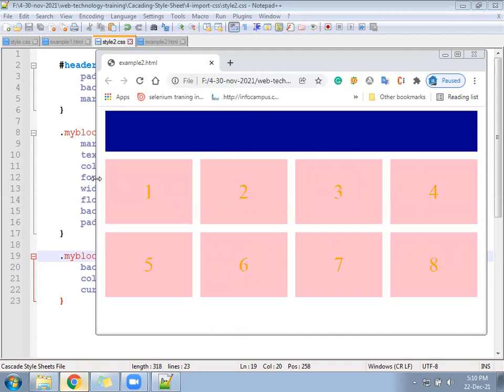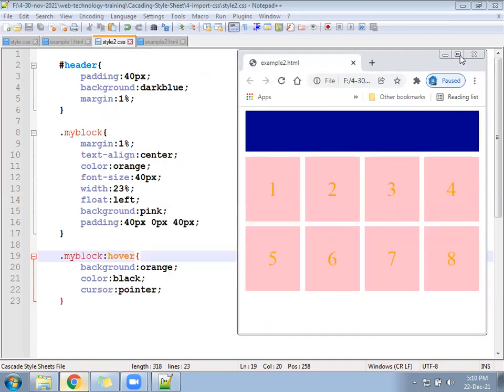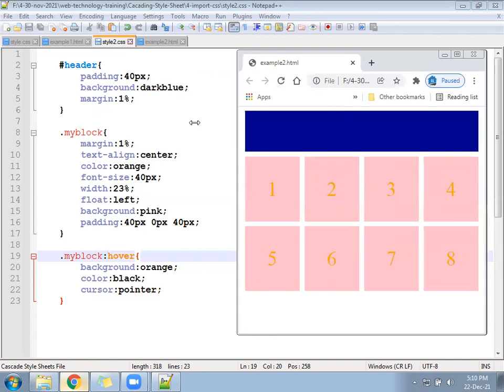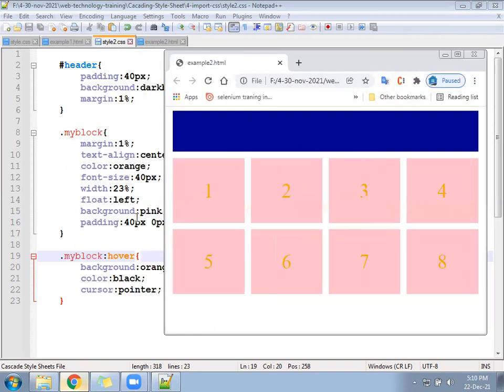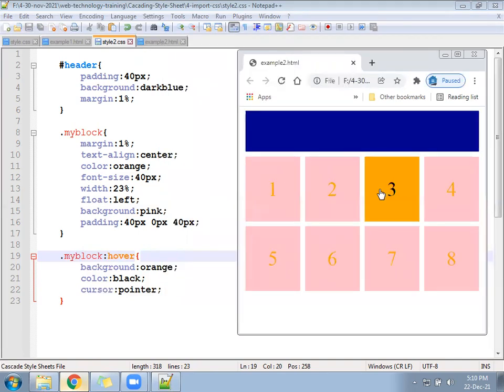So what should happen? If it is a large device like this, then 4 blocks is okay. Little small device, like little medium, up to here, it should display 3 blocks. If it's a little more small, display 2. If it is very extra small, mobile phone, display only 1.